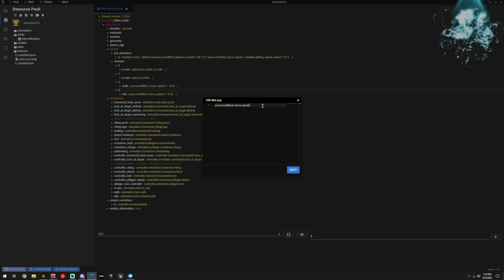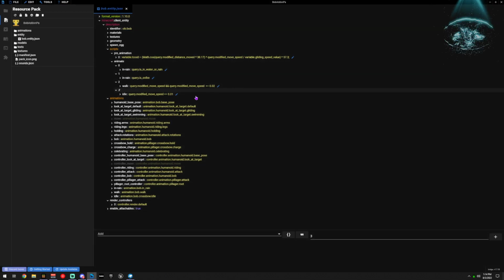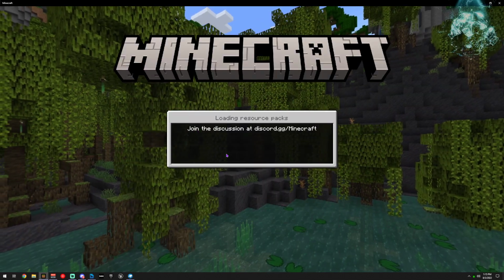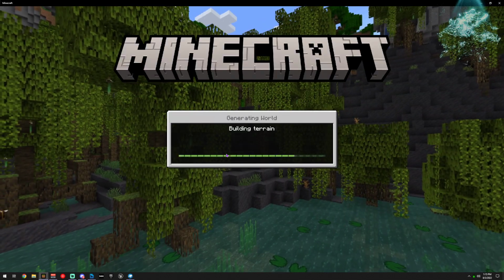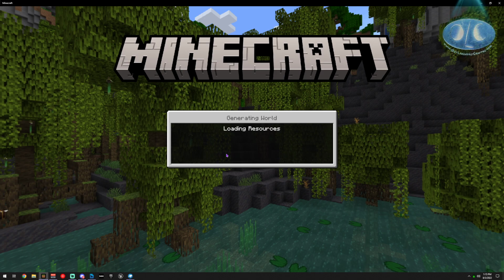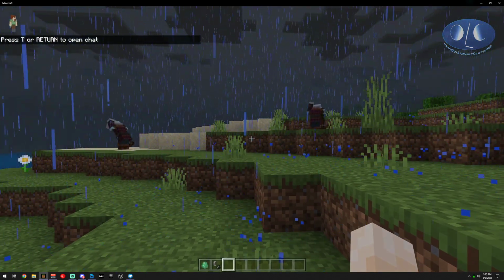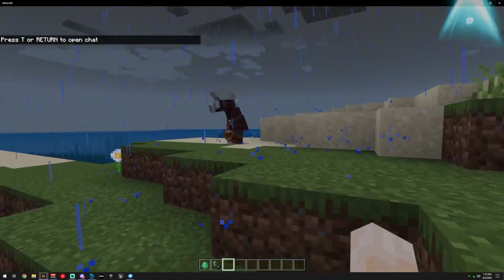I think we'd probably just feed this directly in, and then we'd say query modified. Let's see. This would work is greater than or equal to 0.02. So we're saying feed this math into the walk animation and check to see that we are moving. Because we don't want it to play if we're not moving, but we want it to play fast enough that the faster he goes, the faster the animation plays.